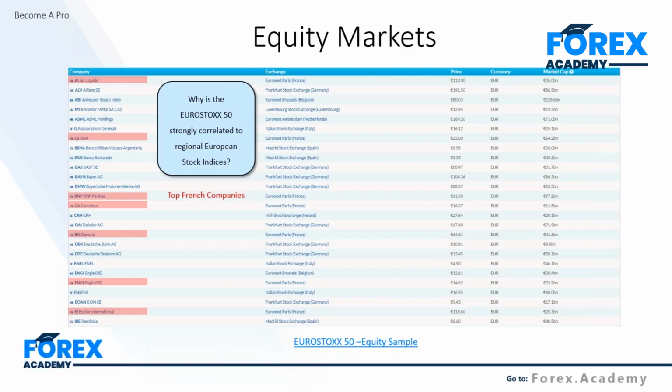We know that we can do a statistical measurement to see how correlated they are. If they are very correlated, which they are, and we get a figure back of, let's say, 0.92 or 0.95, that tells us they're very, very correlated. So then we can look for opportunities. Let's say the market opens tomorrow morning at 8 o'clock, and for some reason the French CAC 40 opens out of line. It opens 30 pips down from its closing price, while the Euro Stoxx opens at the same price it closed. There is a trade there for us.